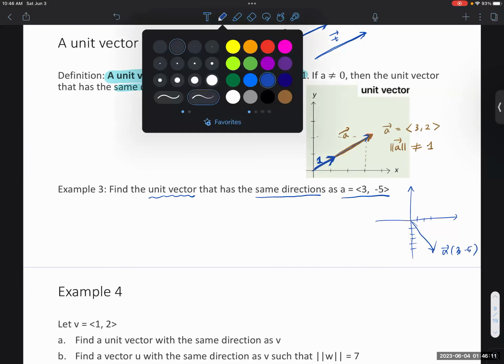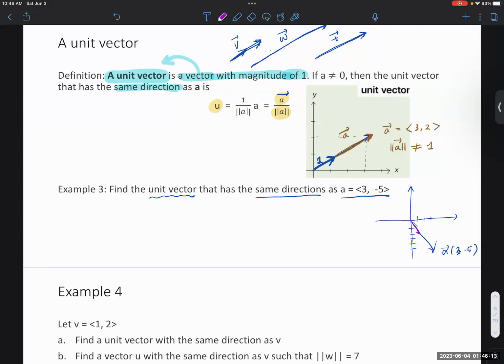I want to find out the unit vector. So the unit vector is going to be somewhere here, and the length is going to be exactly 1. How to find that? The unit vector is a given vector divided by the magnitude of the A vector. So the A vector is (3, -5)